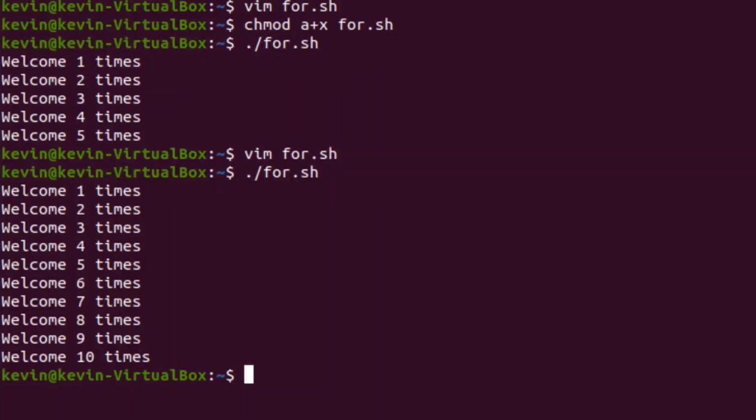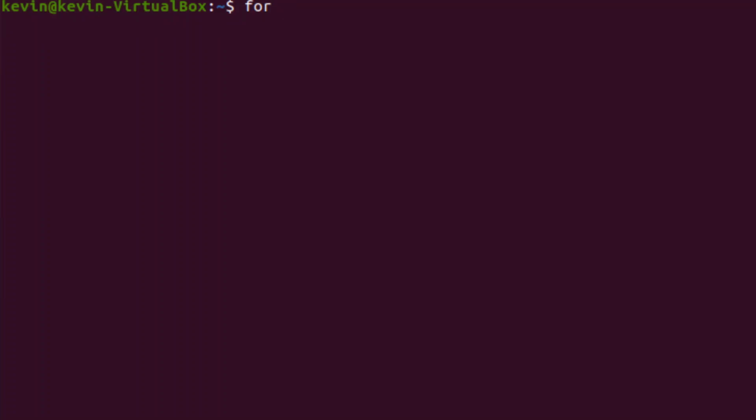So you might be curious or thinking, how is that helpful? Well, what for loops are typically used for, and how I typically use them, is something like for i in, and these are just made up names, host 1, server 2, server 3, etc. So I'm putting server names or host names there. And then I would put a semicolon and say do,